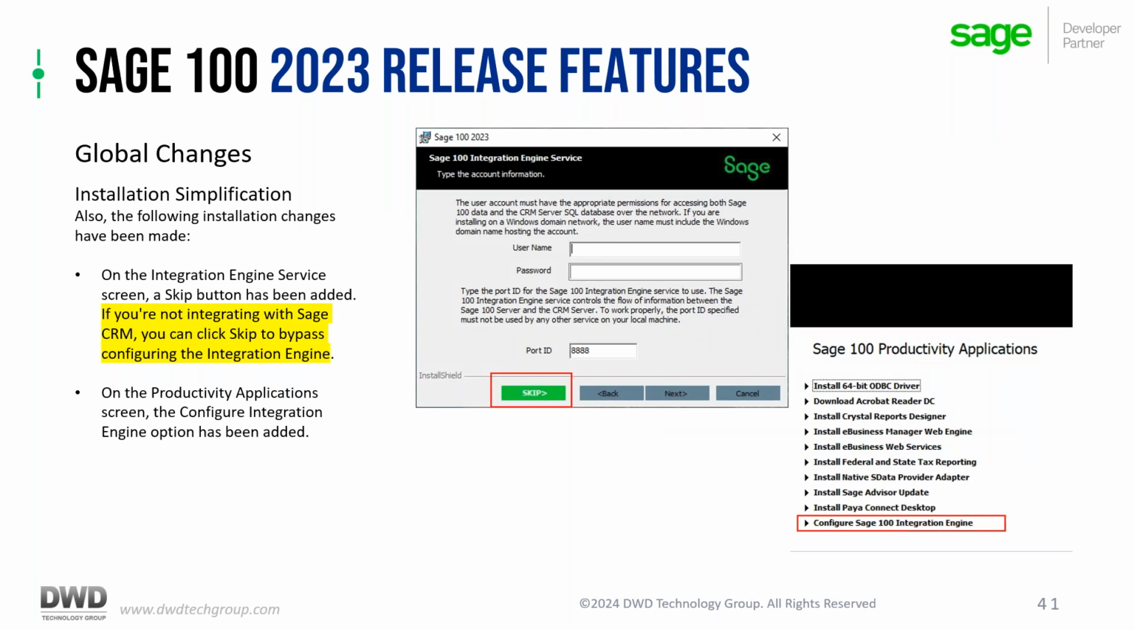Changes they made to the installation process. If you're not using Sage CRM, no longer do we have to install this integration service. This is useful, especially if you're not using CRM, because this was our one spot in the installation of Sage 100 ERP where we had to have a domain account, no matter what, to be able to pass through this screen. And now they'll at least let us skip it